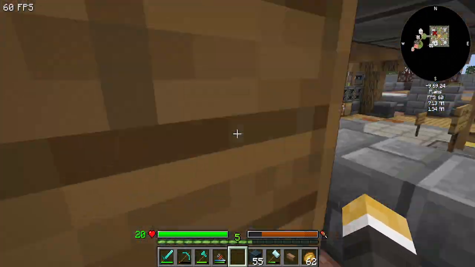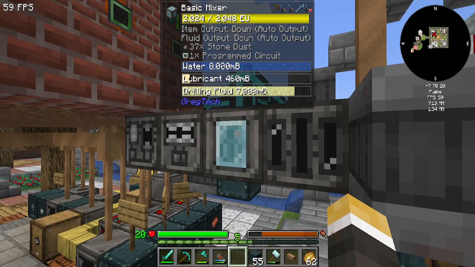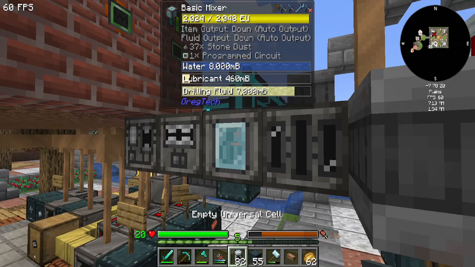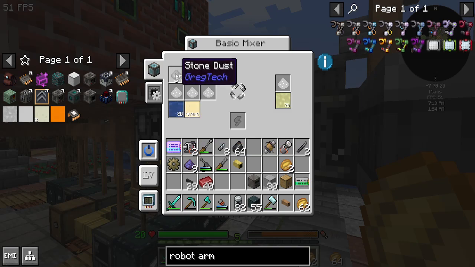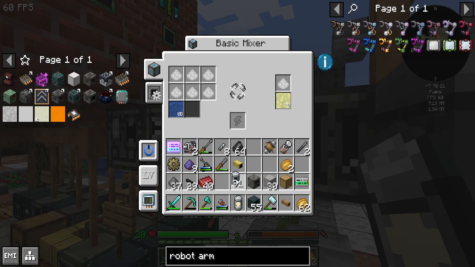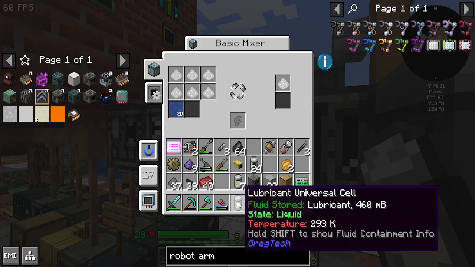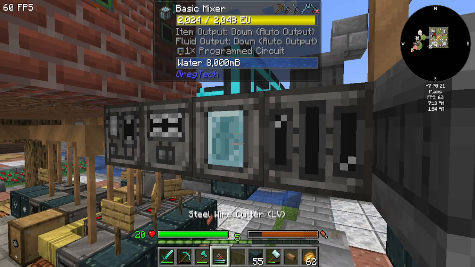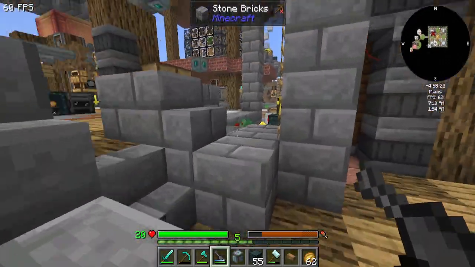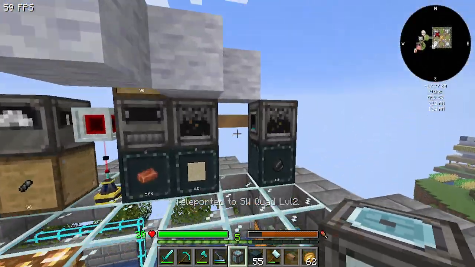But then we can grab a mixer that's right here. What do I have in here? I have lots of things. So let's grab this. I don't need to care about the water. The stone dust I'll take. But this is a thing we're going to automate. I guess I don't need that much lubricant, but we do have some place to put this lubricant. It's down in the bottom area. And we're going to just use this mixer. And then this mixer is going to...